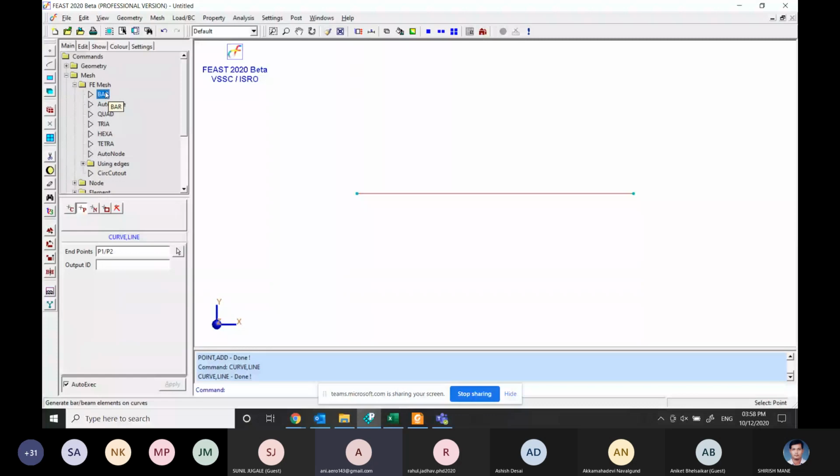I'll double click on this and choose this curve. I'll use only one element because only one element is sufficient to capture the deformation, and we can get the results.